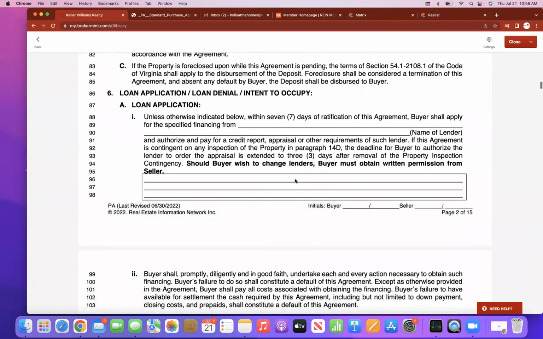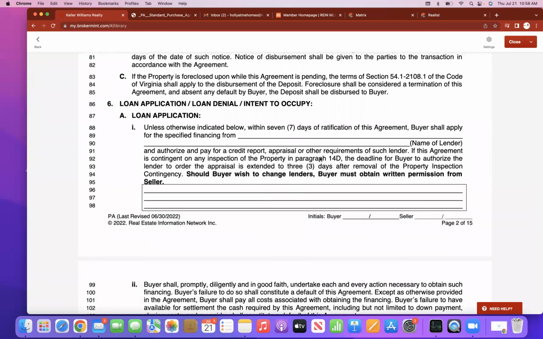Loan application is just basically referring to who your buyer is going to be using to make sure that they get their financing through. So you are typically going to write out the name of the lender here. I like to include additional information, which includes the loan officer's name as well as their contact information, like their email and phone number. If your buyer is still shopping between rates and they've got it narrowed down to a couple,